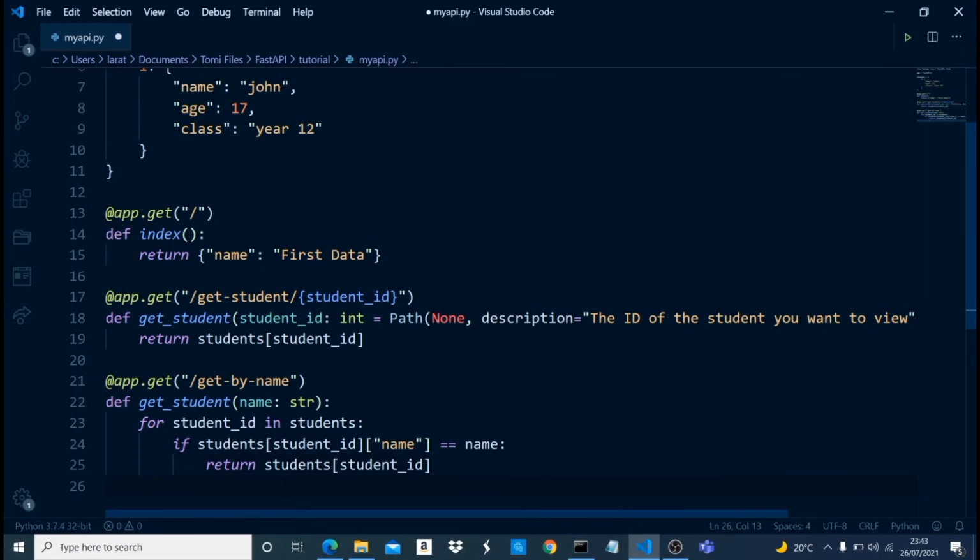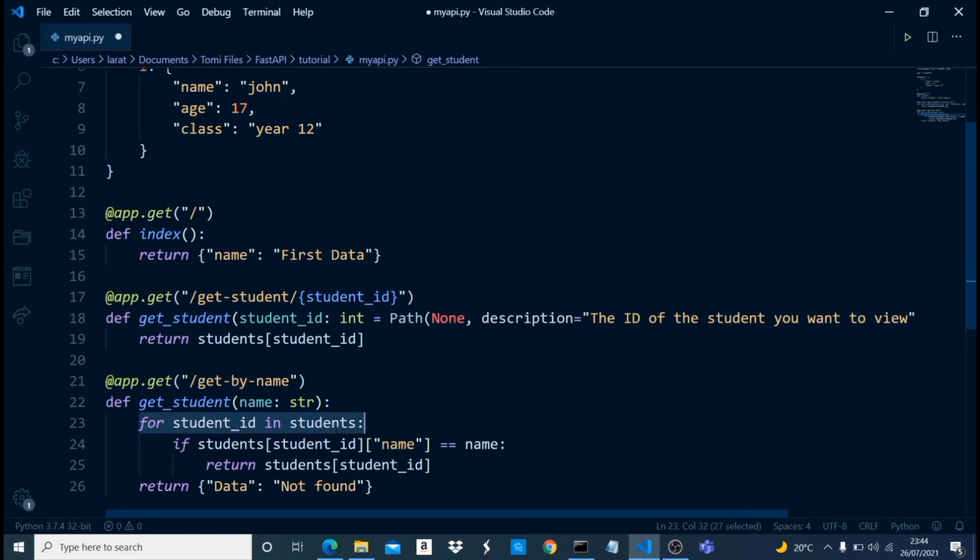If none of this, let's just return data not found. So what this is doing is that first of all, it's looping through all the values we have